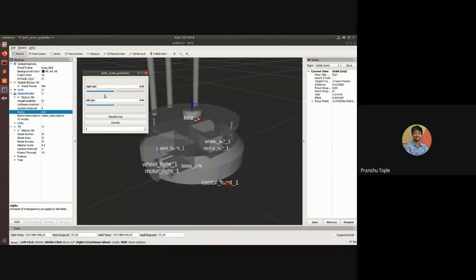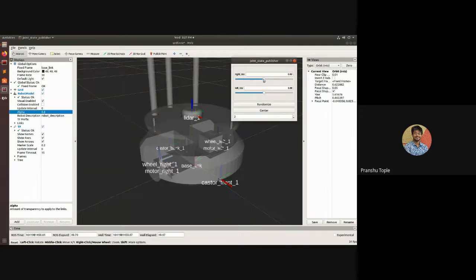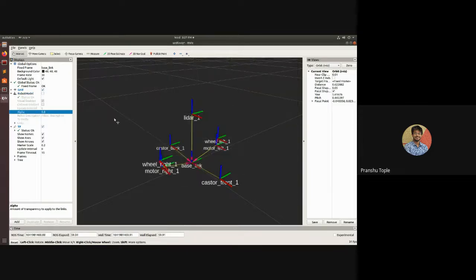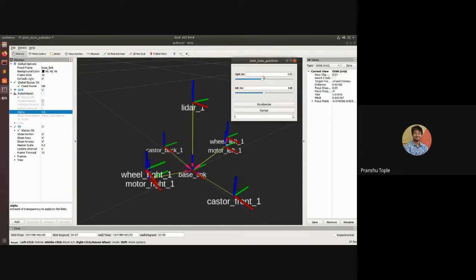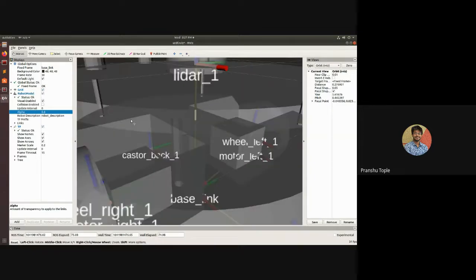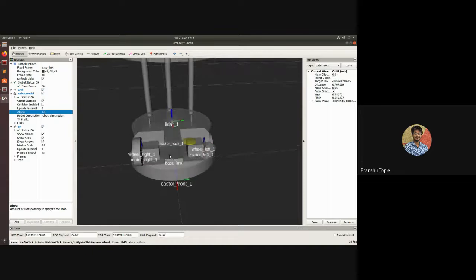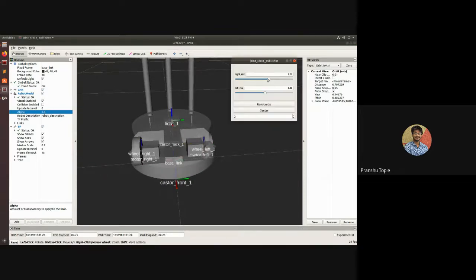Along with RViz, this small joint state publisher will also open. It's the same thing that we use to control the robot arm. So I will try to rotate this and see if the TF of the wheel is rotating properly. Here you can see the TF of the wheel is rotating properly. I can directly remove the complete robot and see these TFs of the wheel. Just make sure they are rotating properly. Yes, this right wheel is rotating properly. The left wheel is also rotating properly. In the robot model as well, you see these two wheels.